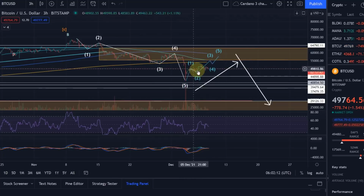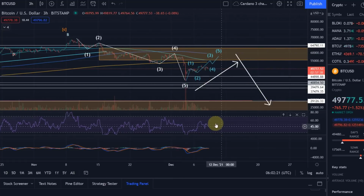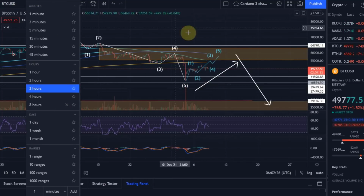So we would need to see this 5-wave structure build up, then a 3-wave to the downside and 5 waves to the upside on a smaller time scale, and then we can follow this pattern. I'll definitely keep you updated. As I said, the key problem with the